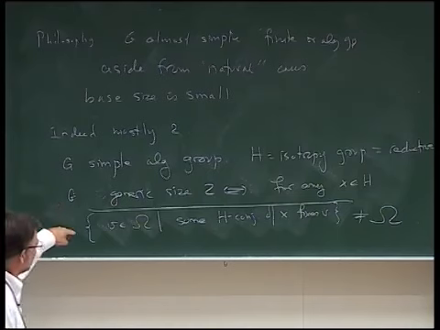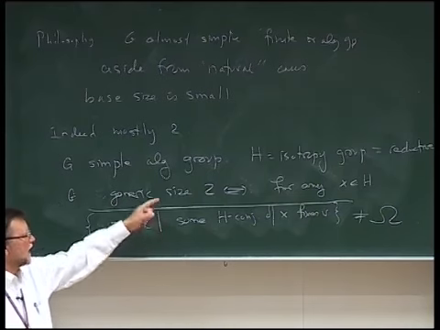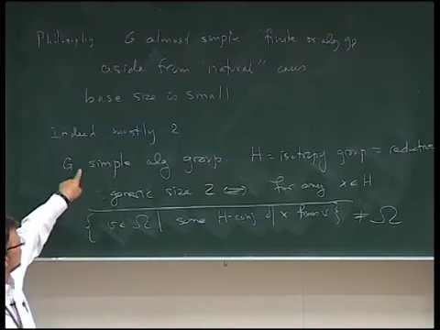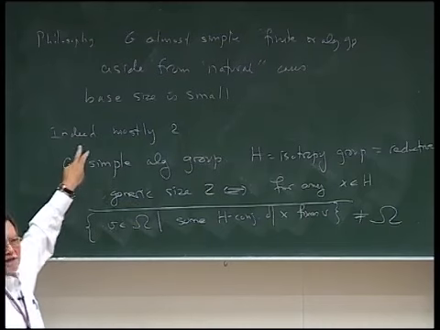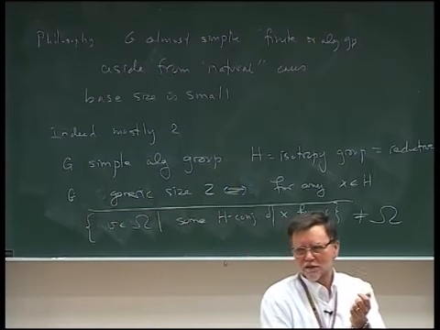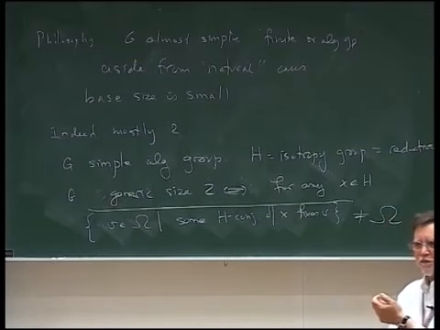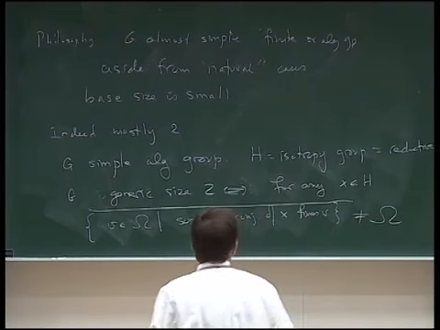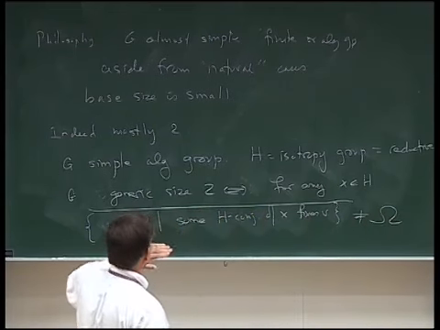And the other ingredient that comes in here is the fact that if H is a reductive subgroup of G, any conjugacy class of G intersect H is a finite union of conjugacy classes. So that comes in there, which basically follows from the finiteness of unipotent classes. Okay, so